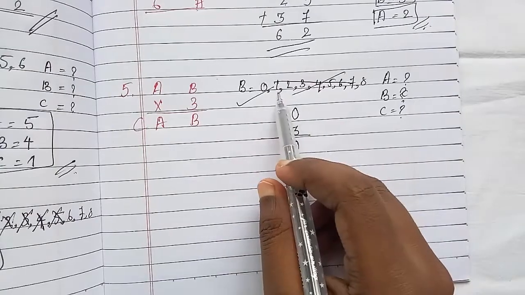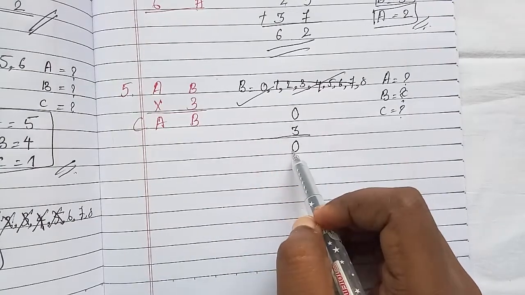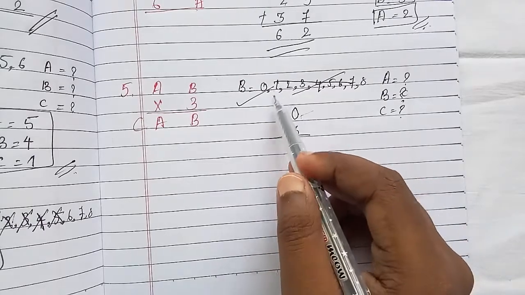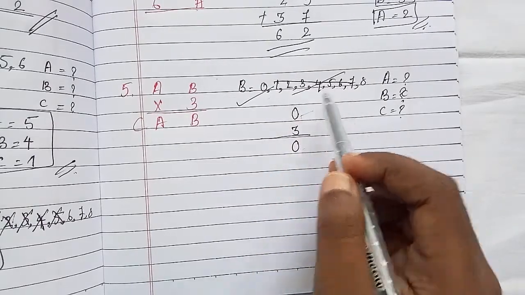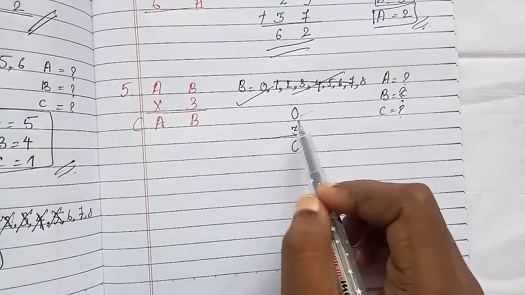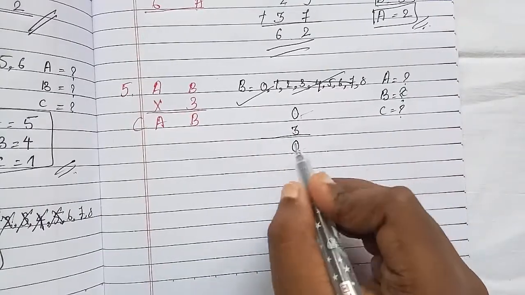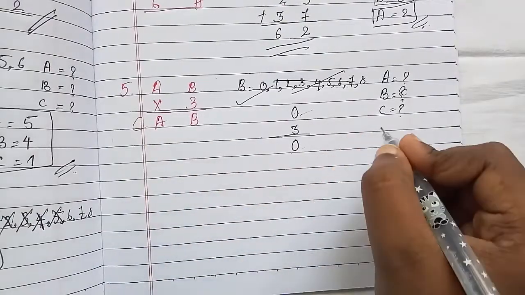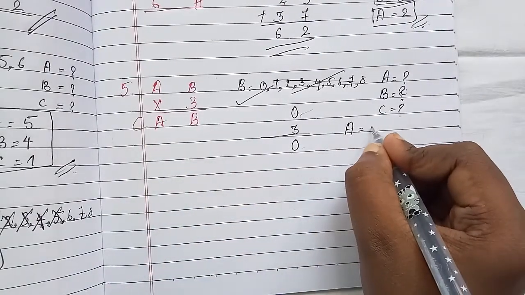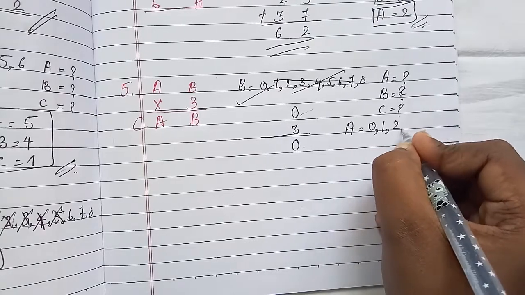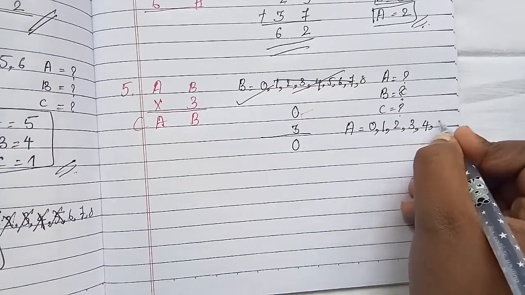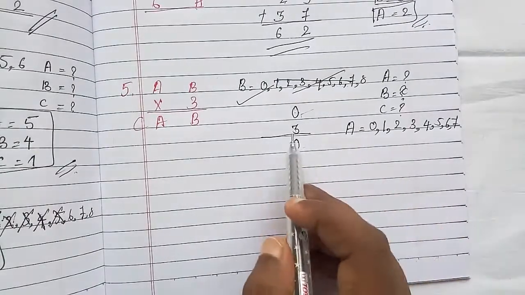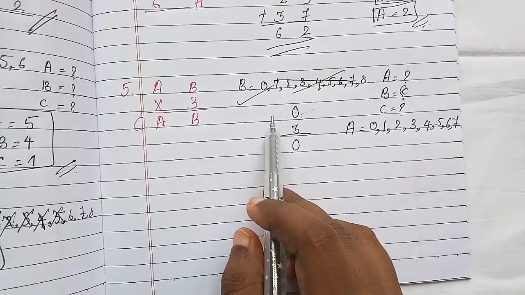Instead of 0, I will take the 1, 3 1s are 3. That's why it is also invalid. This is also invalid. That's why I will give the value of B is 0. 3 zeros are 0. See, I will take the value of A is equal to 0, 1, 2, 3, 4, 5, 6 and 7. Value of A is 0.